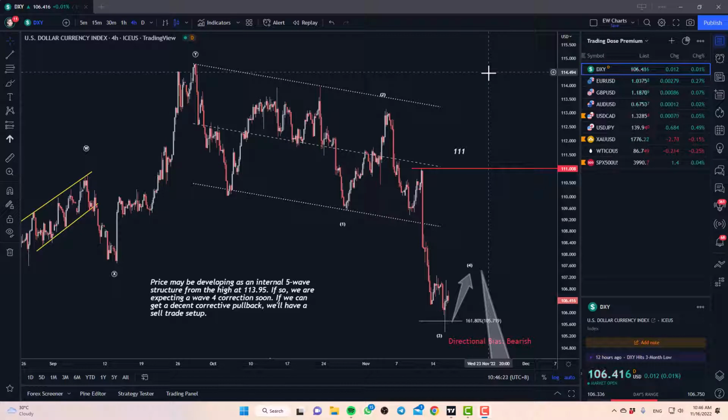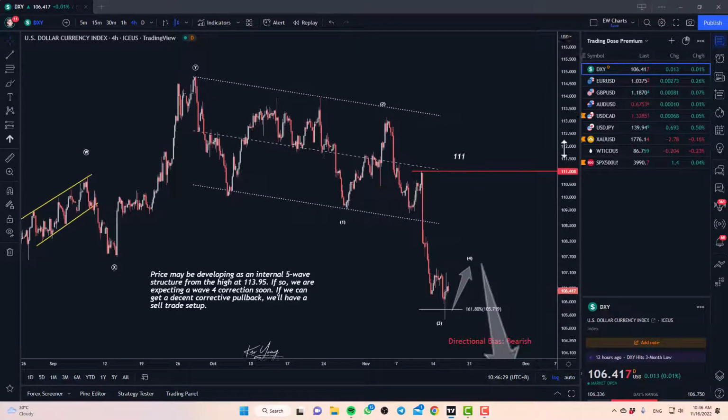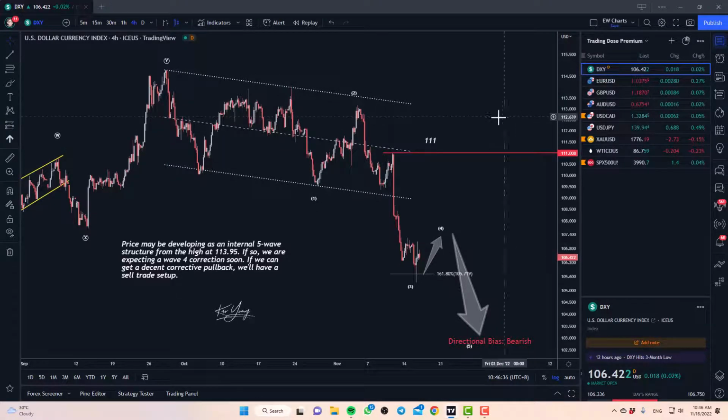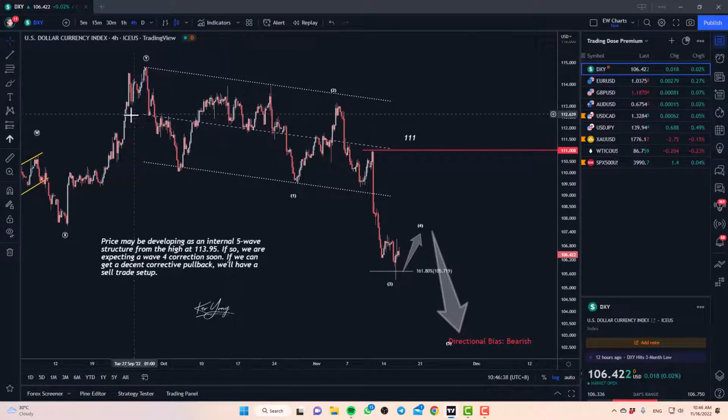So with that, let's jump straight into the market and share some updates on what we have for this week. Taking a look first at the dollar index, what I'm seeing here is a potential three-wave move completed. Obviously, there is more than one possible scenario for how this can play out, but as of now, this is the primary count that I have.